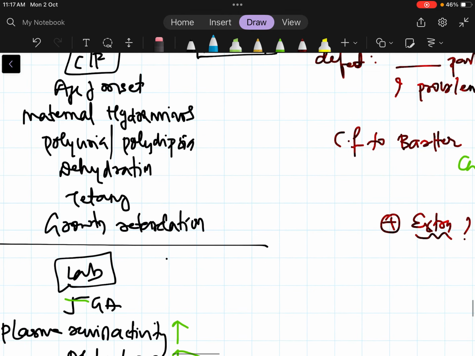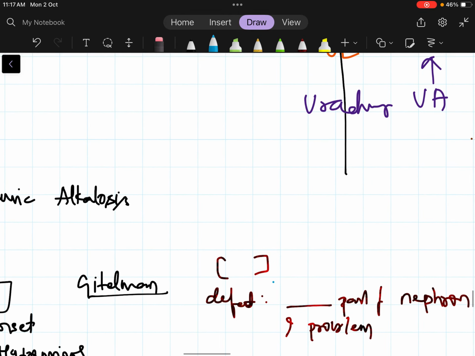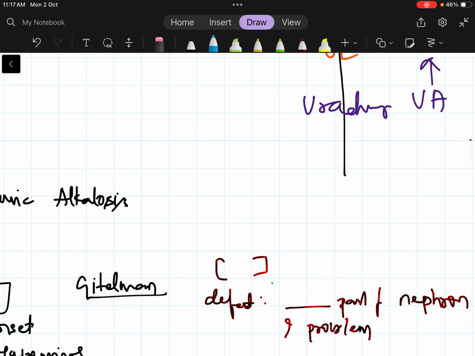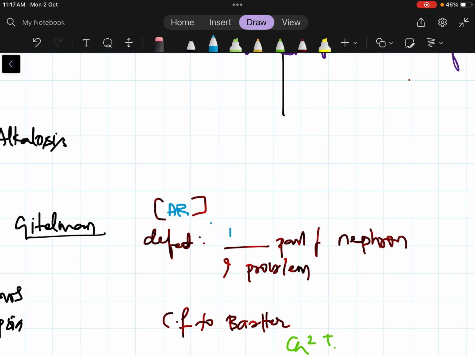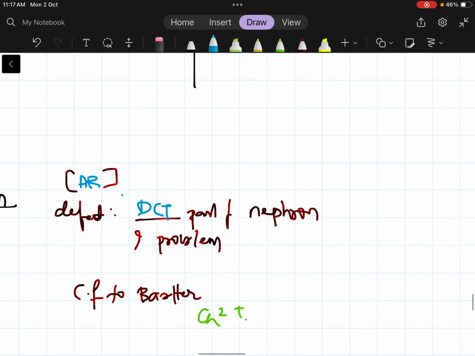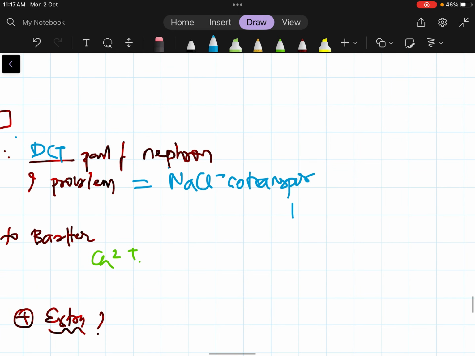The milder form of this syndrome is Gitelman syndrome. It is also an autosomal recessive disease where there is a defect in the DCT part of the nephron. There is a problem with the sodium chloride co-transporter, leading to increased water and sodium excretion in urine. There are similar features as seen in Bartter. There will be metabolic alkalosis,